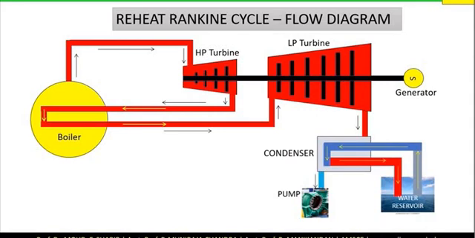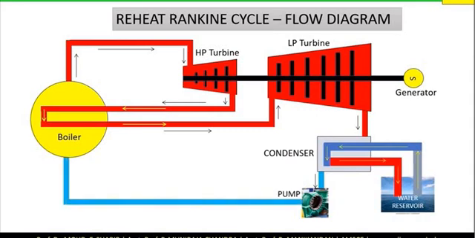The pump pumps back the feed water to the boiler. So this is the flow diagram of a reheat Rankine cycle. The most important thing happening here is reheating. So here the steam coming out of the high pressure turbine is reheated and then supplied to the low pressure